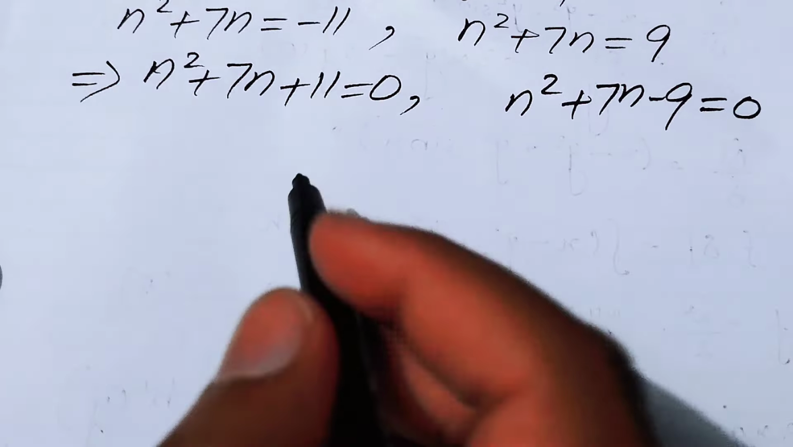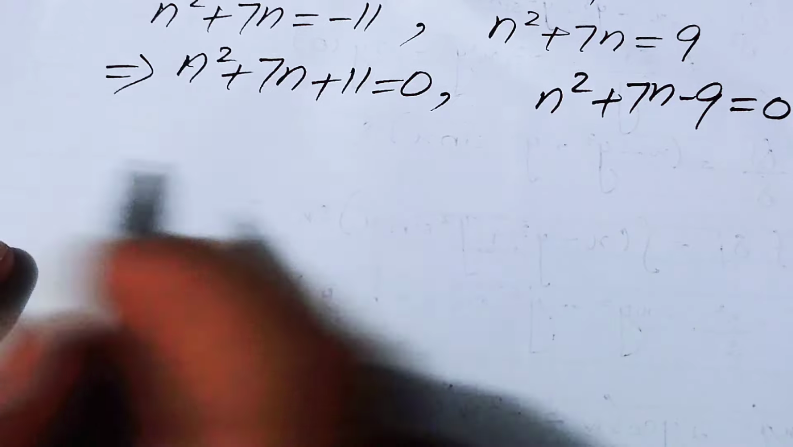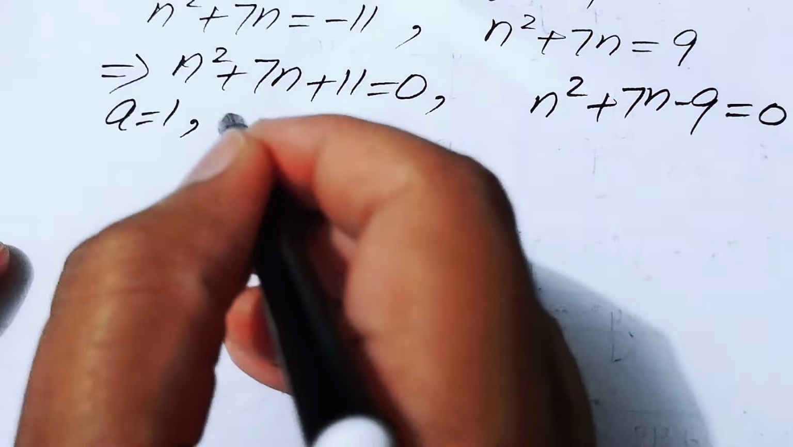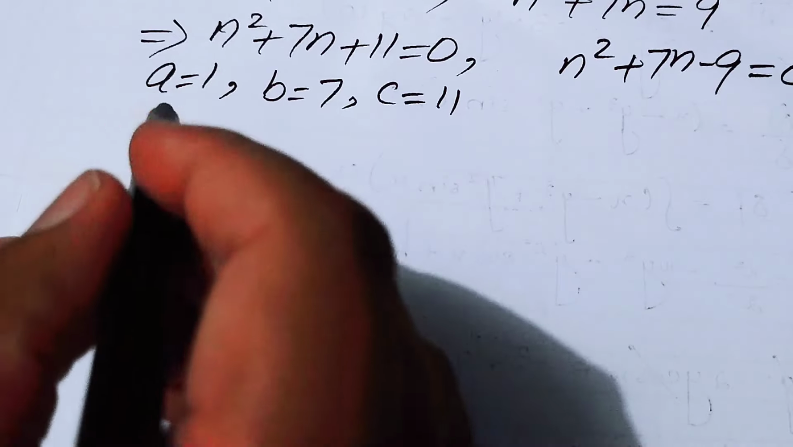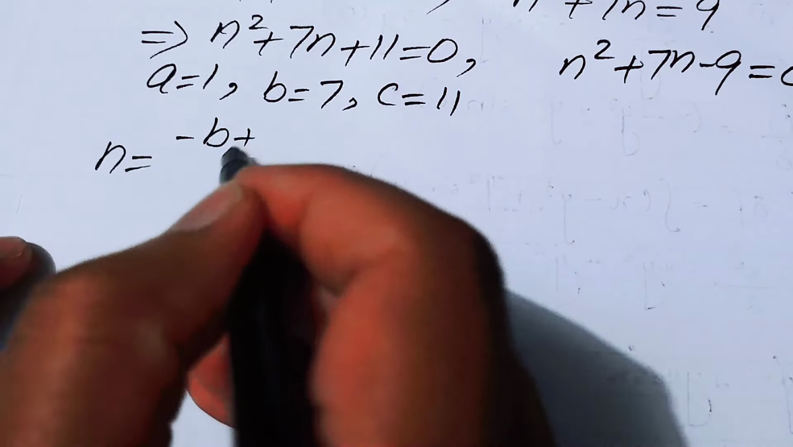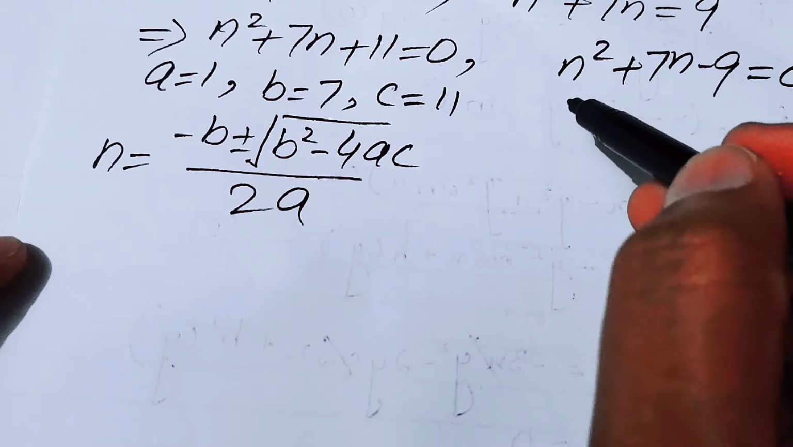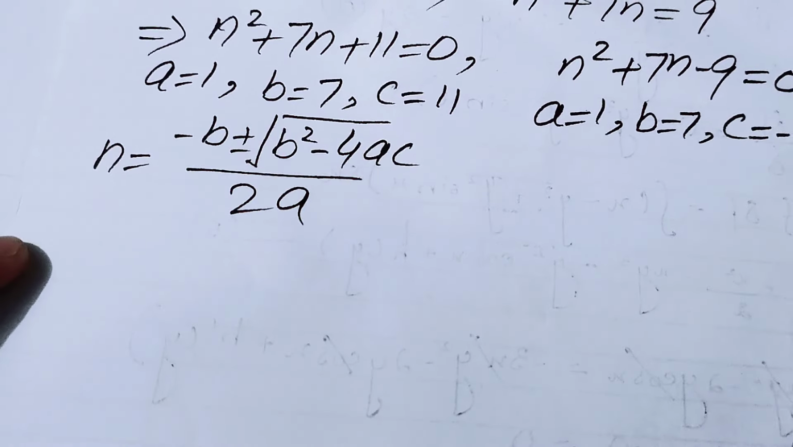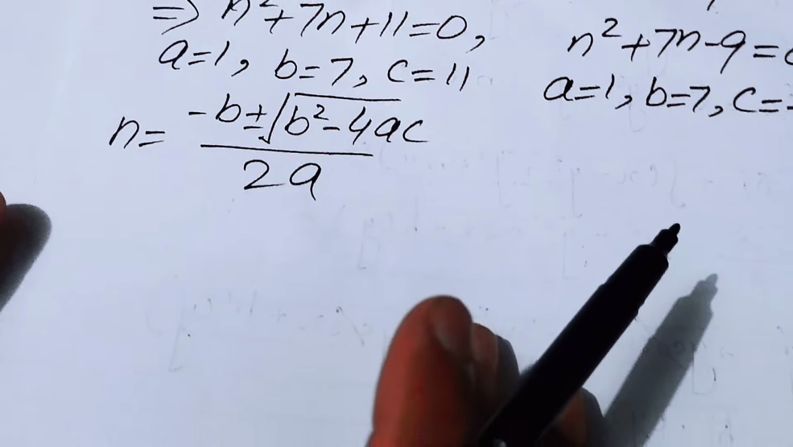So now here you have two quadratic equations. Now we can use the quadratic formula in order to solve these two equations. So now first I can solve this, and here you have the value of a is 1, b is 7 and c is 11. So the quadratic formula is n is equal to minus b plus minus square root of b squared minus 4ac over 2a, and here you have the value of a is 1, the value of b is 7, the value of c is minus 9. So now we put these values in this quadratic formula one by one. So now first I can solve